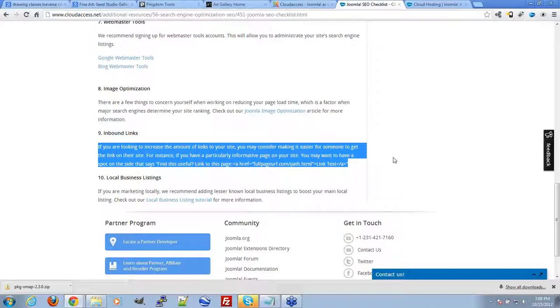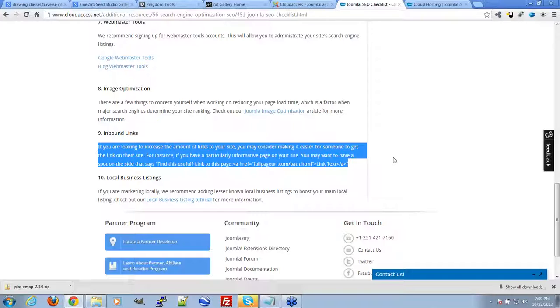whether they're anchor text coming from some really big site out there that pulls a lot of weight on the internet, or maybe it's another small art gallery down the street. Ultimately, they all help, with a few exceptions. There are no-follow links that basically don't count. But the idea is to try to get links in every way, shape, or form,